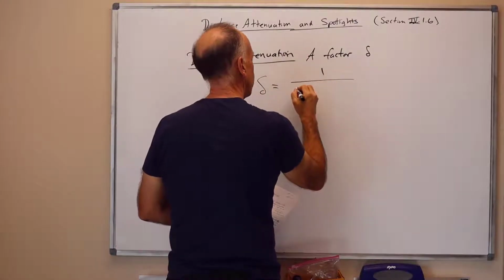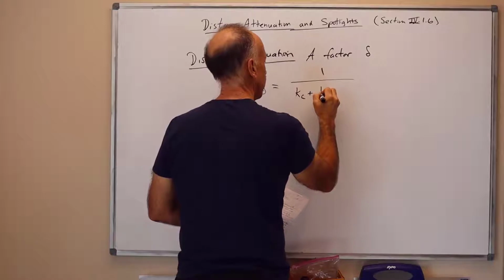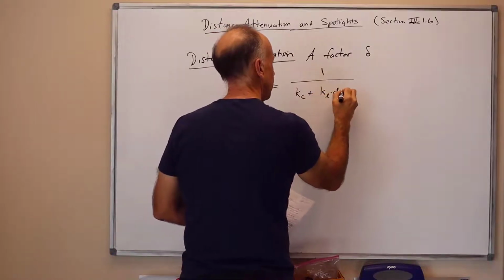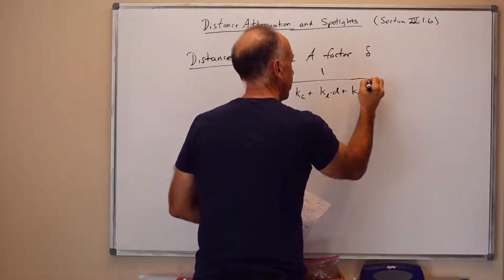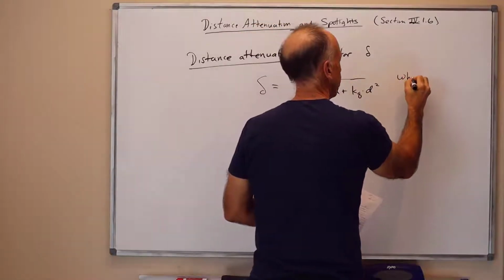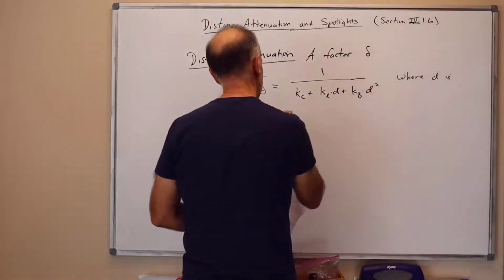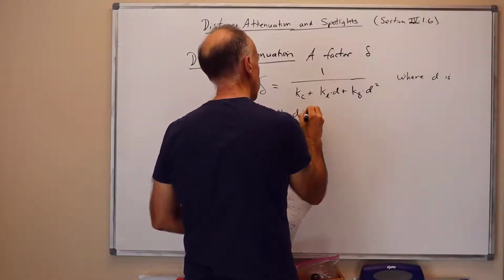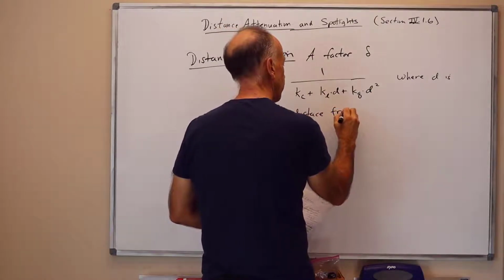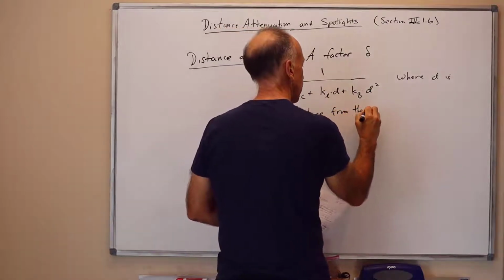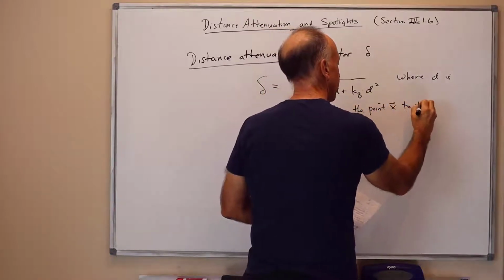Delta is 1 over k sub c plus k sub l times d plus k sub q times d squared, where d is the distance to the light from the surface, from the point X being illuminated to the light,